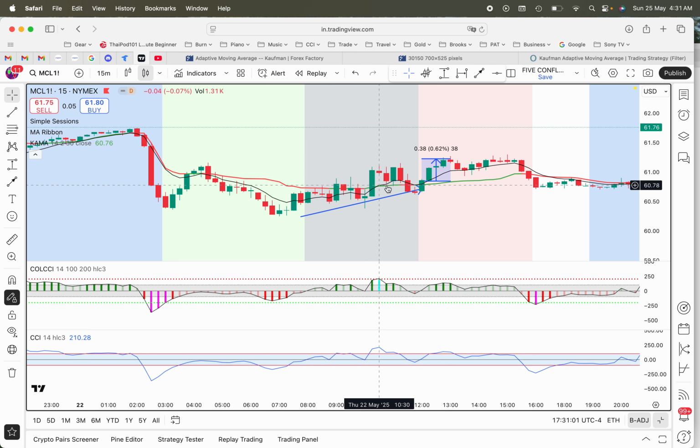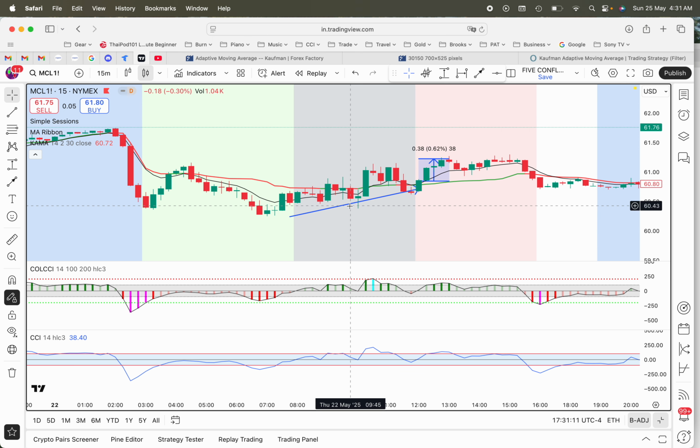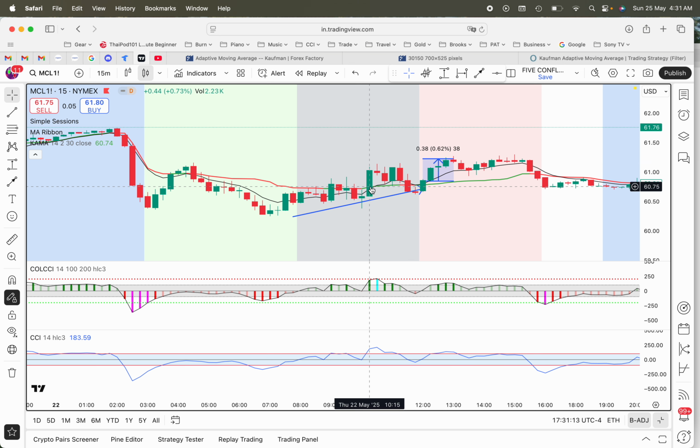And this is why I like to use indicators on the chart. And using this combination of the Kaufman and the 8 EMA, I can see right here, is the 8 above? No, but it's really close, isn't it? And knowing crude oil, I would be looking at this and going, right, I'm assessing it,